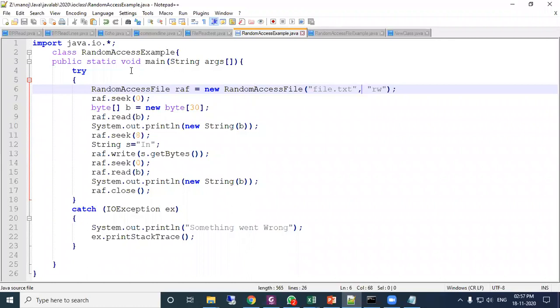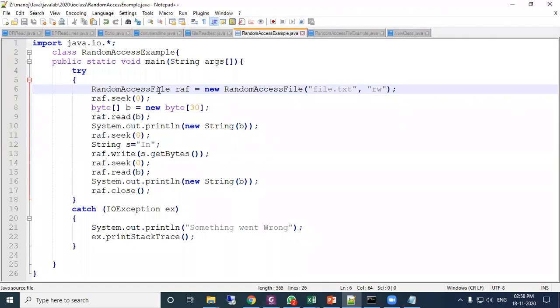So here I have opened the file. The file name is file.txt. Before executing this program, I have already created this file.txt. Using Notepad or any text editor, you can create a text file.